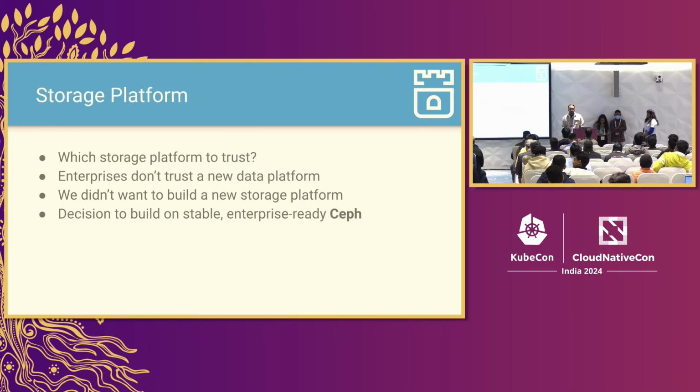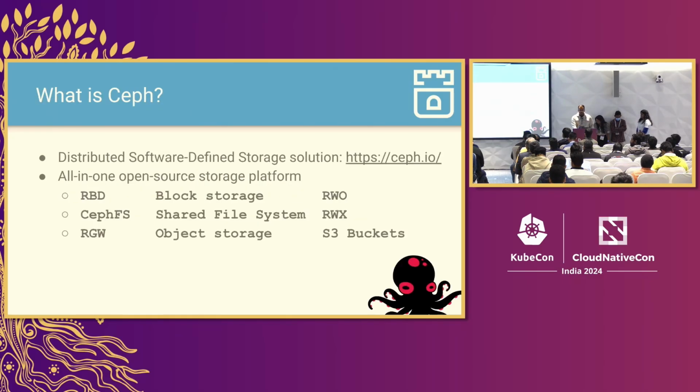And we don't want to build a data platform. We want to trust something that was already enterprise ready. As the data layer is very important, we bet on Ceph at that time. And why did we choose Ceph? Because Ceph is a distributed software storage solution. It works very well with how the Kubernetes architecture works. And